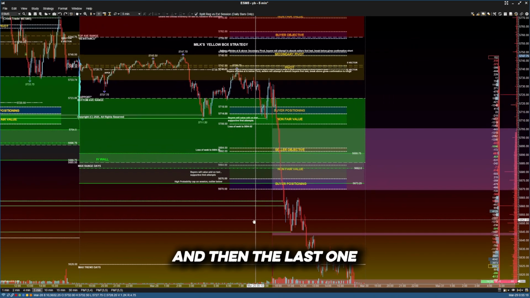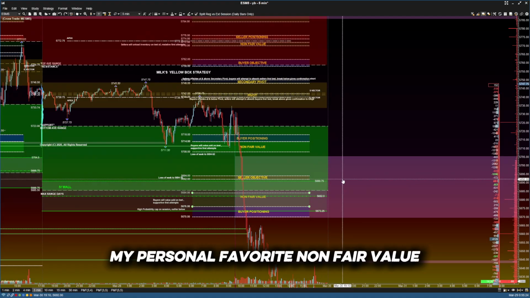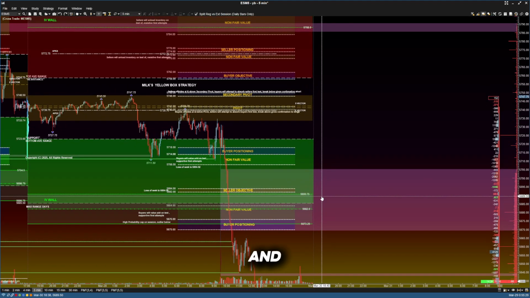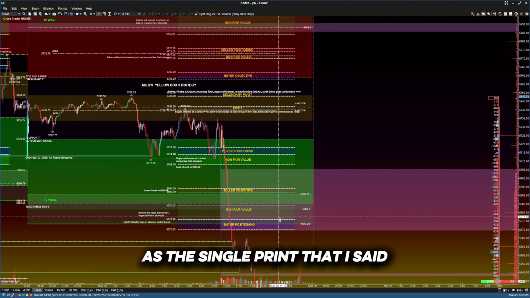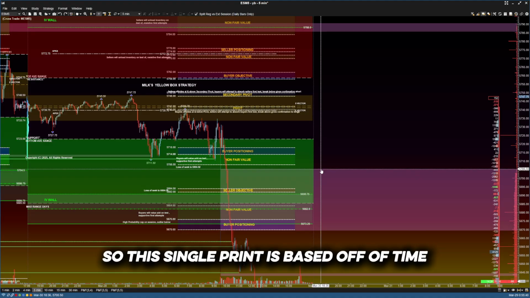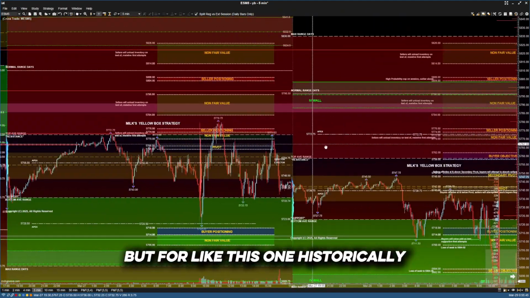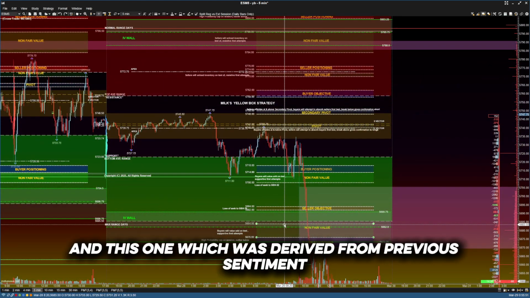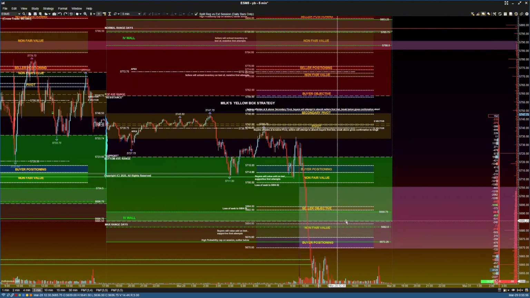And then the last one, my personal favorite, non-fair value. What that's saying is essentially a fair value gap. And it's exactly the same mechanics and reasonings as the single print that I said. It's just derived differently. So this single print is based off of time. And first of all, this one's also live populated, but for this one, historically, which is already here prior to the day, this one was derived from previous sentiment, previous effort in this area, whereas this one